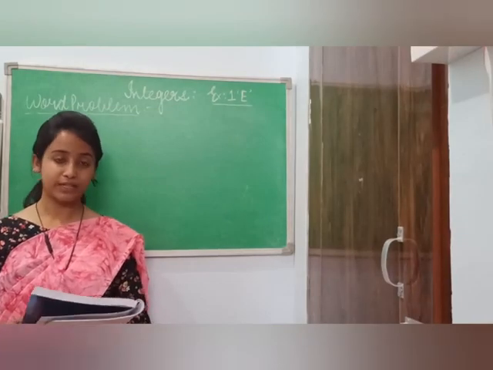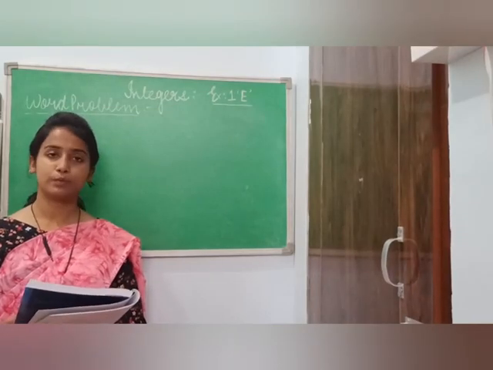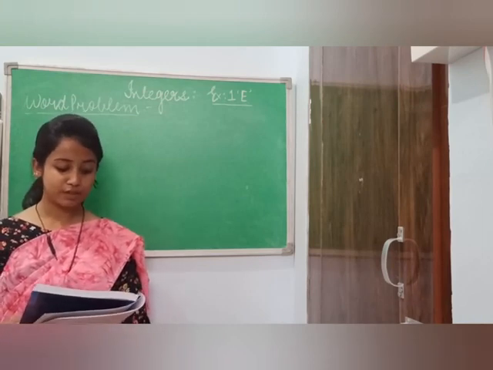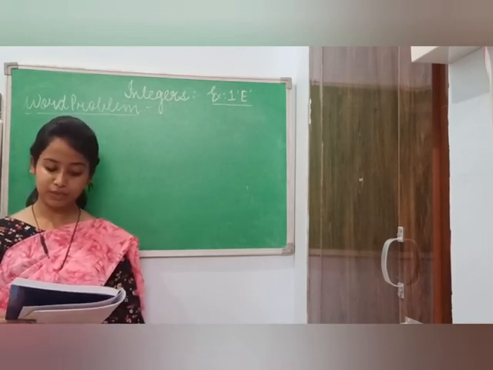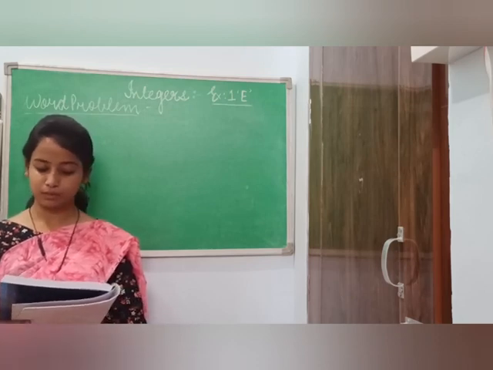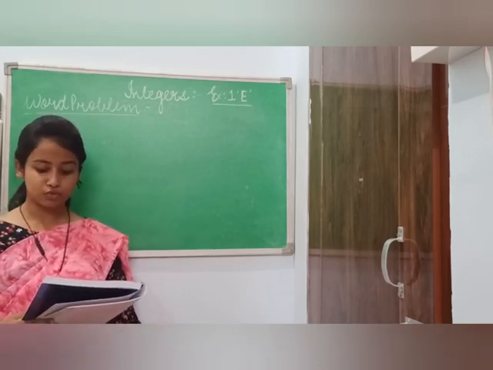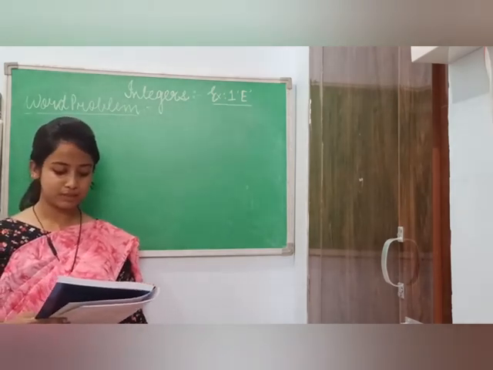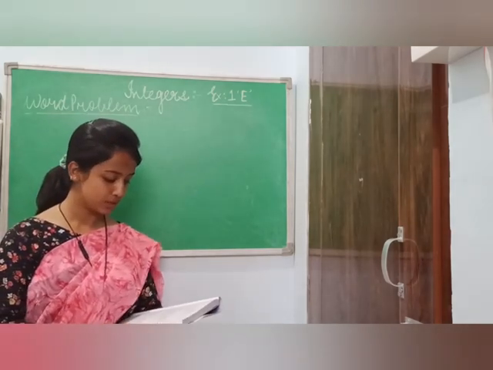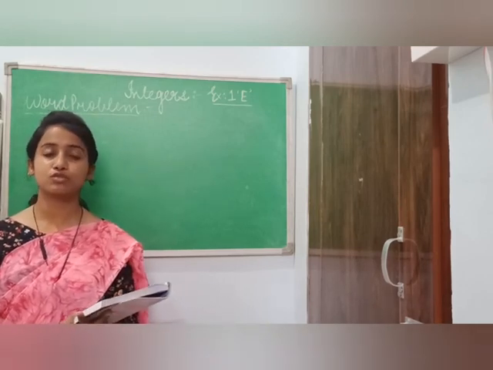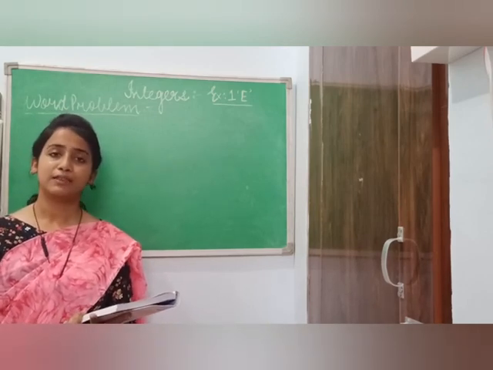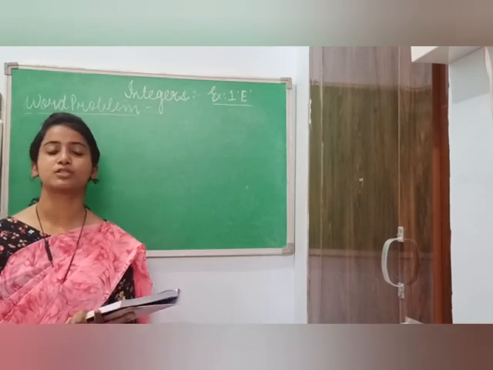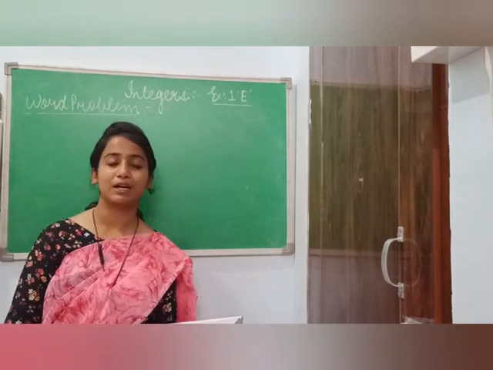So students, as we are done with question number 1, we will be solving question number 2. Question number 2 says that Ramesh deposits rupees 5,000 in his bank account, and next day he withdraws rupees 3,780. Find the balance in his account. So this is a very easy question. The question says that Ramesh deposits rupees 5,000 in his bank and the next day he withdraws rupees 3,780 from it. So we have to find out the remaining balance in his account.